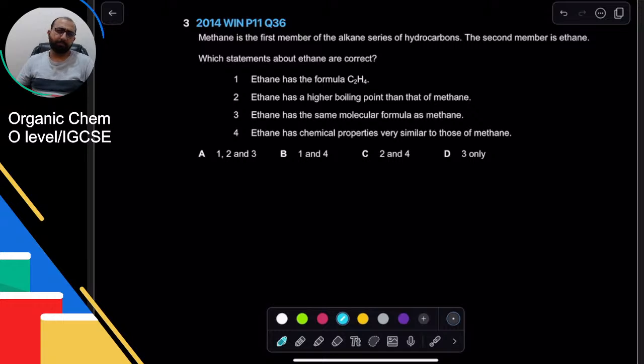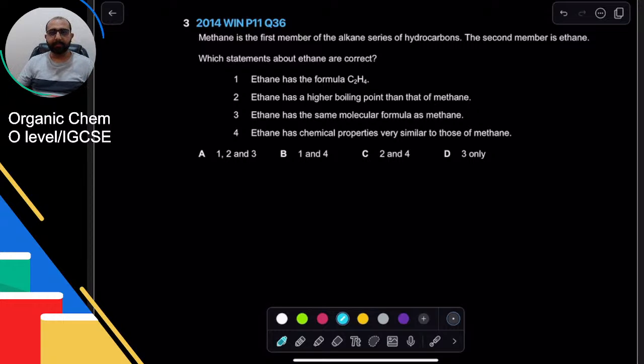Is it a better fuel? Maybe not, because the bigger the molecule, the more bonds it has. When you break all the bonds, new bonds are created, and it can be more exothermic. So it is likely that hexane will be a better fuel, in that it will give a more exothermic reaction. But propane will burn faster. It's kind of like petrol and diesel. Diesel is heavier, but it provides more power, more energy. But petrol burns faster.